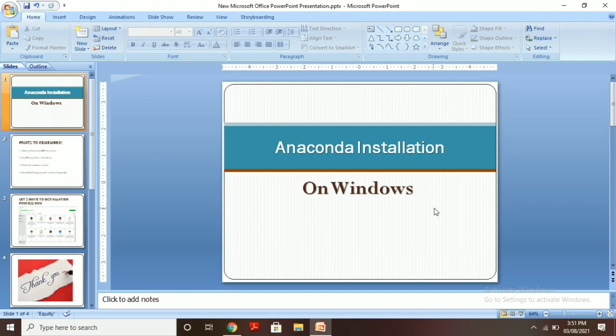In the previous video we have seen what is big data, and we have seen different Python machine learning algorithms in Python, but we have seen it in Jupyter Notebook. We have not seen how to install the Jupyter Notebook. So in today's video we will be seeing from scratch how to install the Anaconda, how to download the setup.